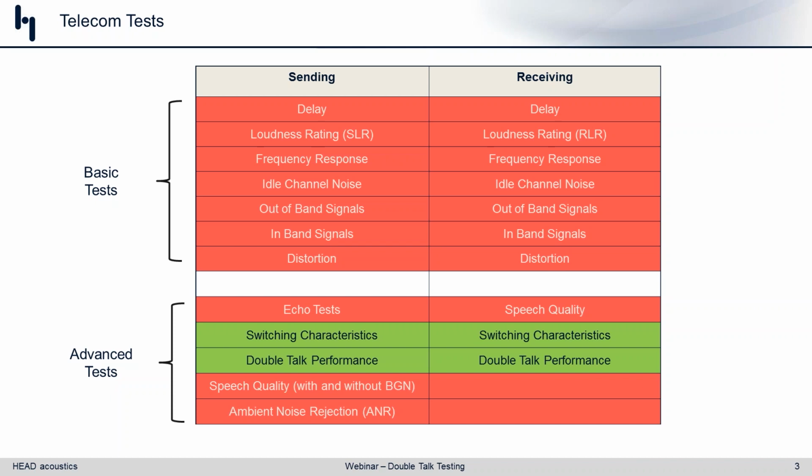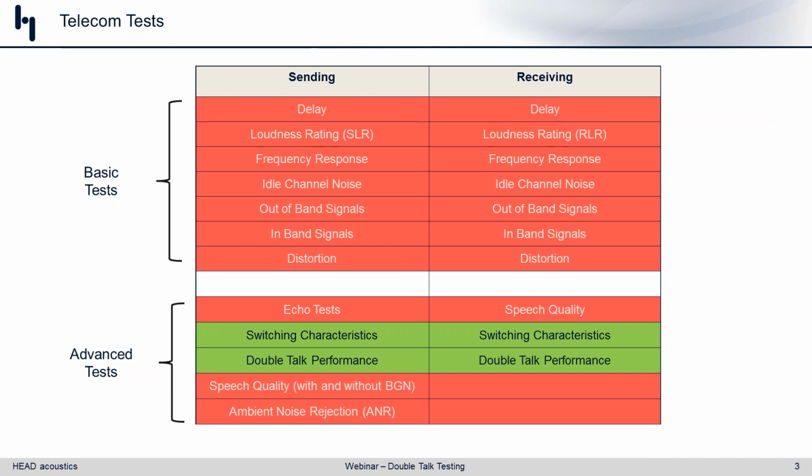Basically, it all falls under the umbrella of being able to duplex and handle signals in both the downlink direction and the uplink direction. Now, it maybe goes without saying, but double talk performance isn't necessarily something that impacts or matters for speech quality. Rather, this is all about conversational quality and the impact your device might have on conversational